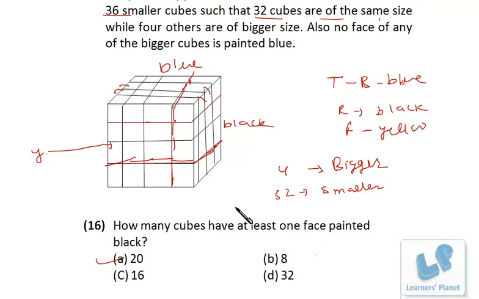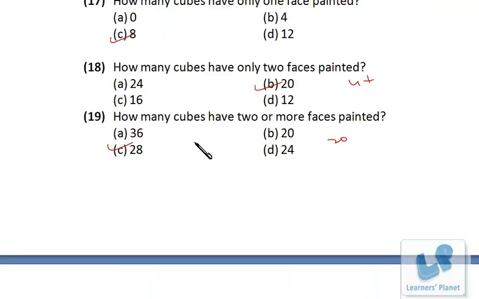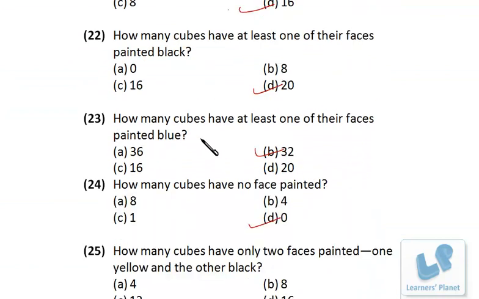Now we want only yellow and black. That means we need to choose the bigger pieces. So there are 4 bigger pieces, so of the 2 sides, one will be yellow and the other will be black. So if this is yellow, then this will be black in this particular piece. Okay, so such 4 pieces are there, so they will be having only yellow and black, with 2-sided color only. Okay, so in all there are 4 pieces.